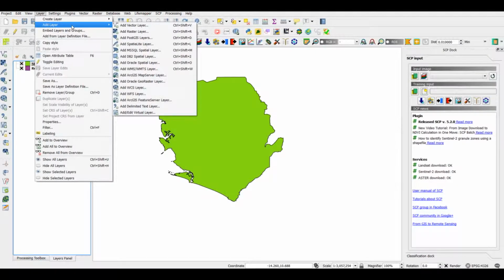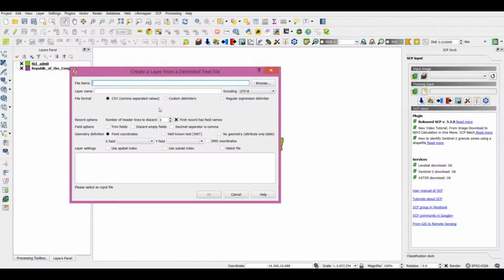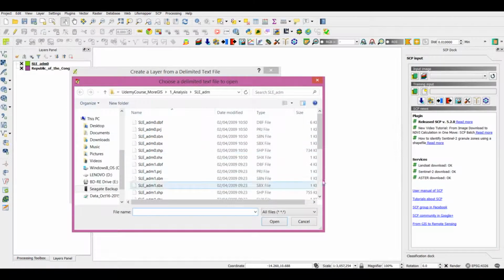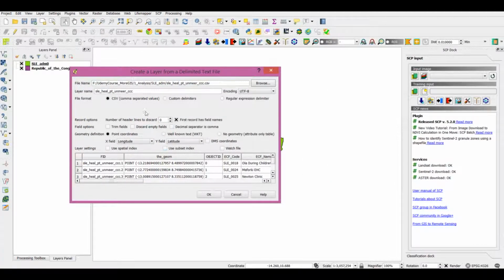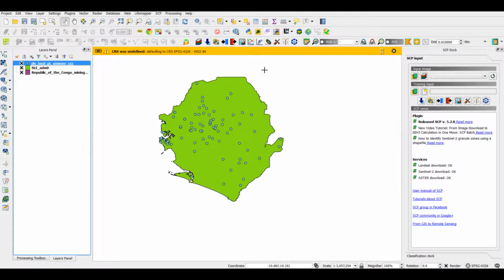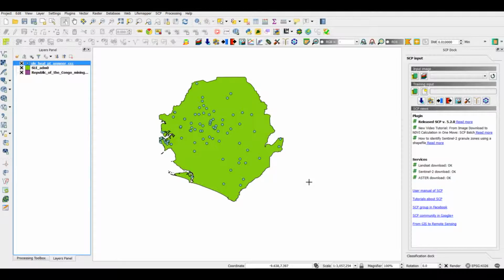Layer, delimited text layer. Since I'm reading geographic point data and I have latitude and longitude, I'm reading it in the form of point coordinates. Now this green area is the shapefile for Sierra Leone, which is a country in Western Africa,